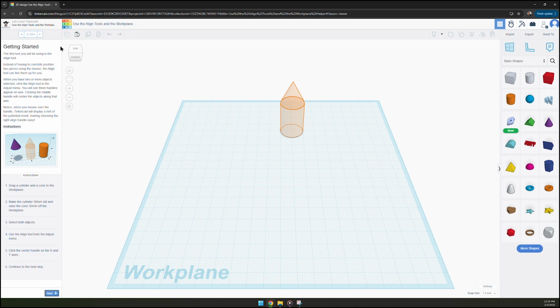The first tool you will be using is the align tool. Instead of having to carefully position two pieces using the mouse, the align tool can line them up for you. When you have two or more objects selected, click the align tool in the adjust menu. You will see 3 handles appear on axes. Clicking the middle handle will center the objects along that axis. Notice when you mouse over the handle, Tinkercad will display a hint of the potential result, making choosing the right